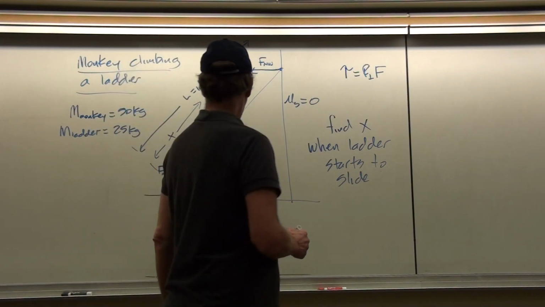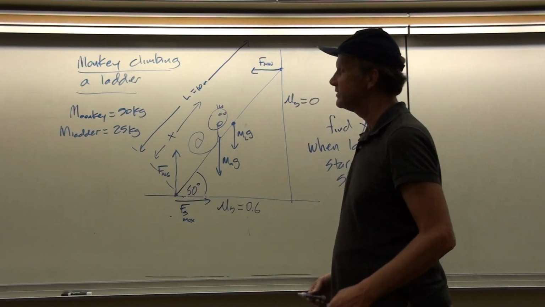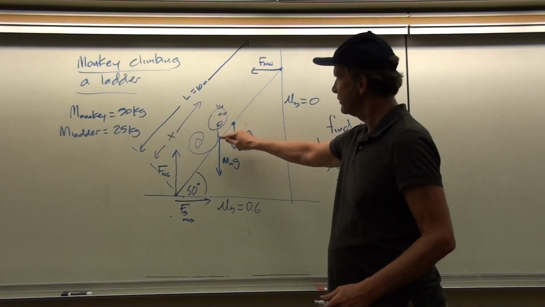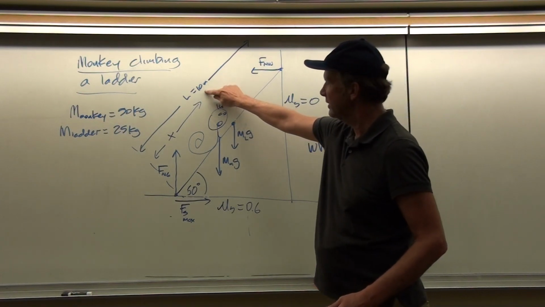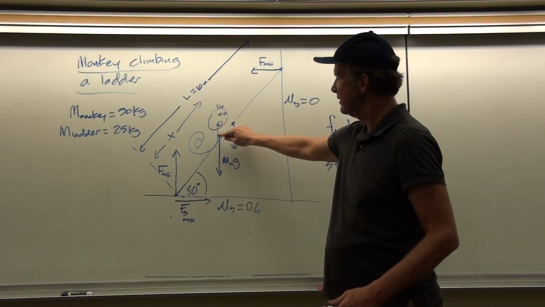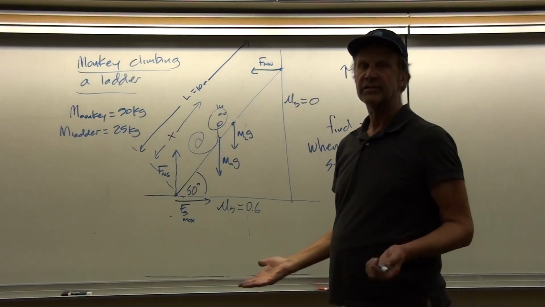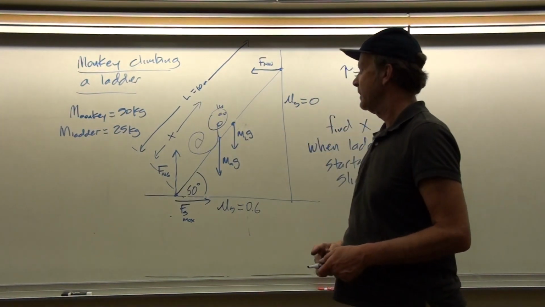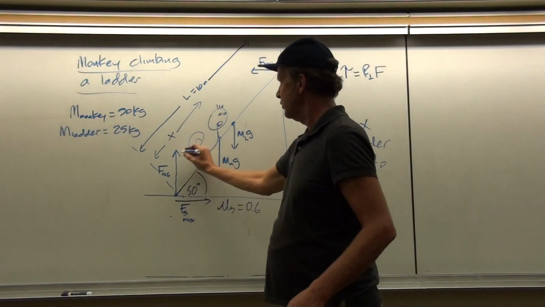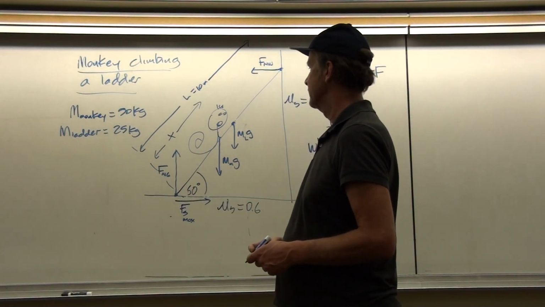Okay, so have we got all the forces now that are acting on the ladder? The answer is yes. The two forces, here's the center of mass for the ladder. That's at the 5-meter position. The length of the ladder is 10 meters. The monkey, we don't know where the monkey is going to be, so we'll just call that distance x. But it could be anywhere. It could be all the way up or down. And then we have F normal ground, and we have F static maximum on the bottom surface.